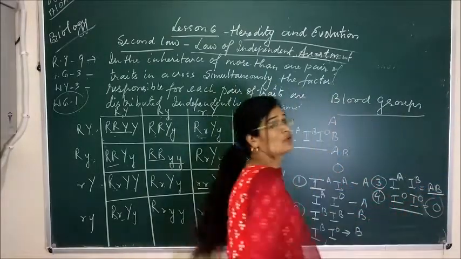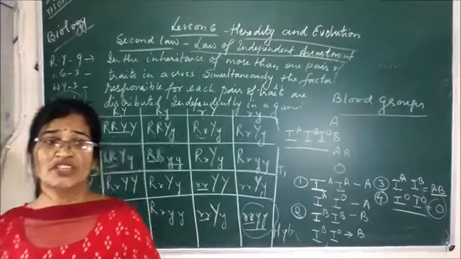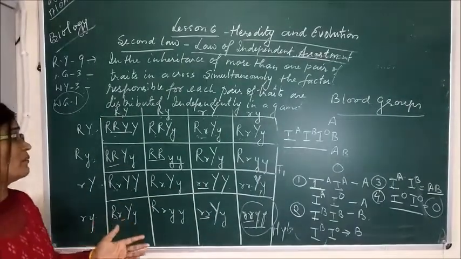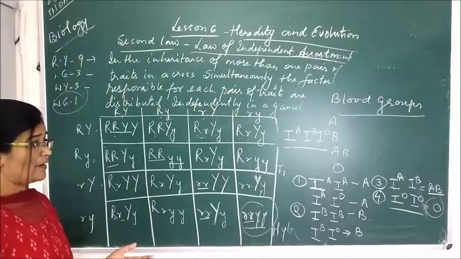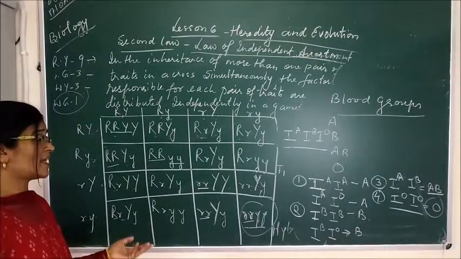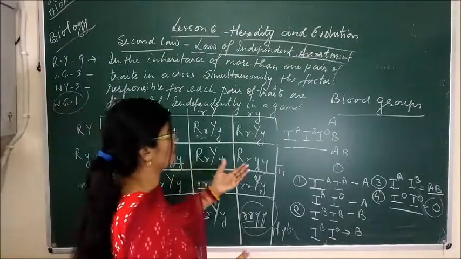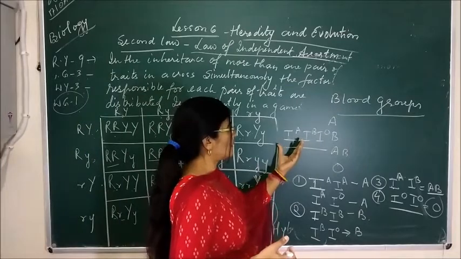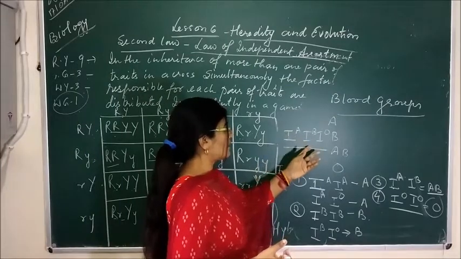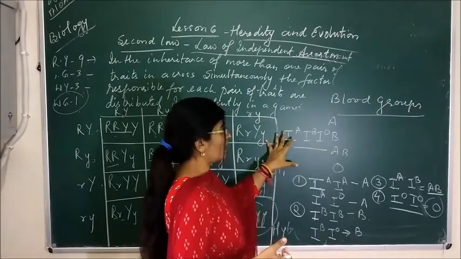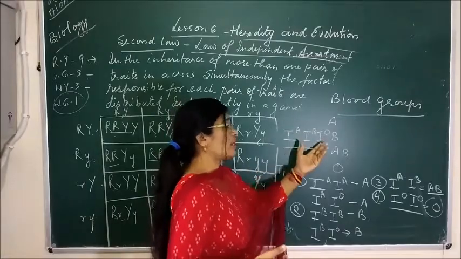So this is about the determination of the blood group, or what type of blood group any individual person can have, which is shown by any 2 of the genes present in the body: IA and IB, both IA, both IB, or IA and IO.